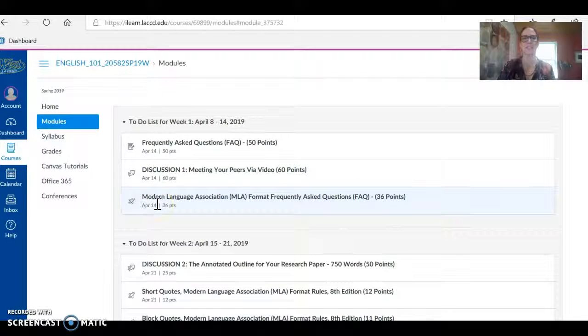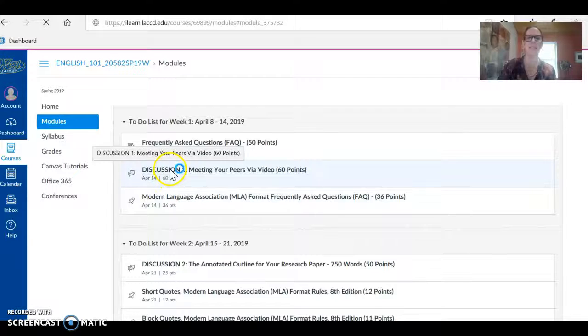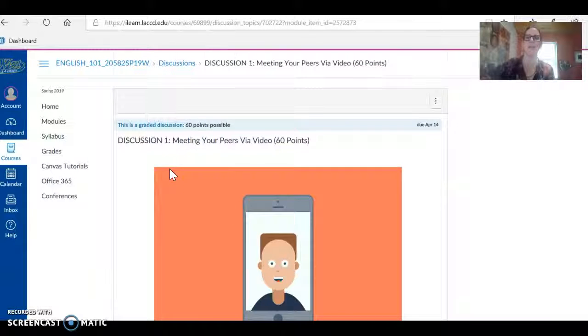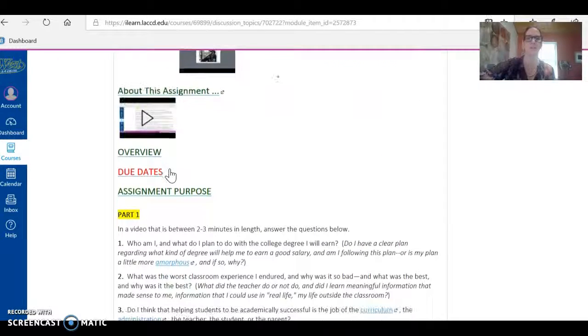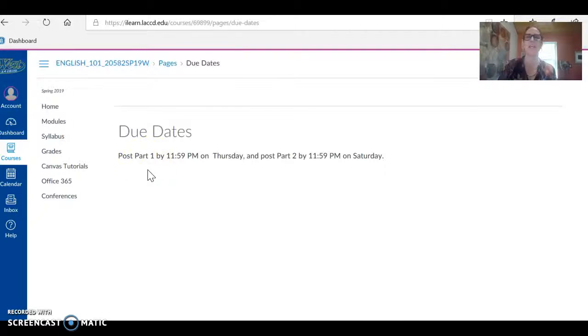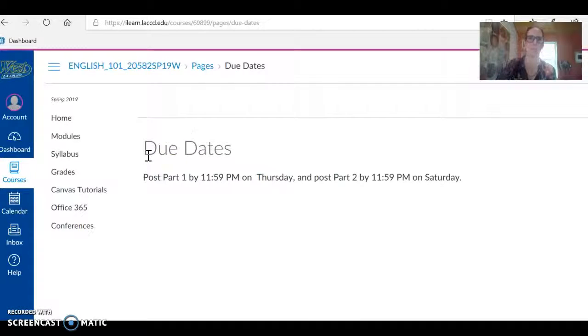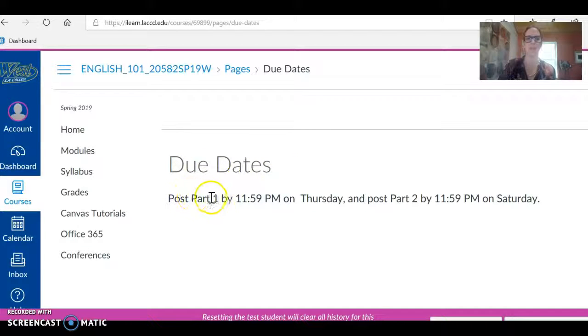And this is deceptive because I usually list the very last day of the week or the last day of an assignment. And what you've got to do with every assignment in here is go through and look at this link, the due dates here, and click on it because I'll tell you when things are actually due. And let me blow this up so you can see it, I usually have a part 1 in my assignments and I have a part 2.